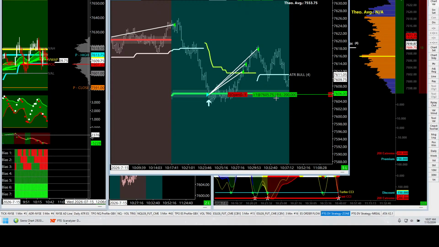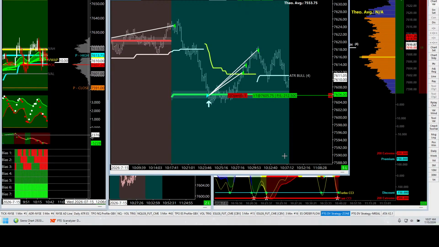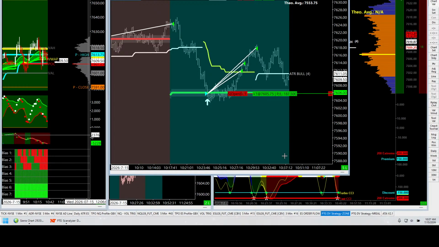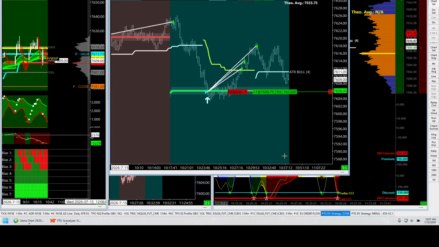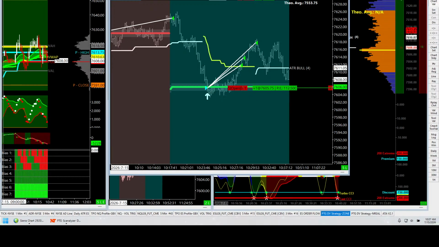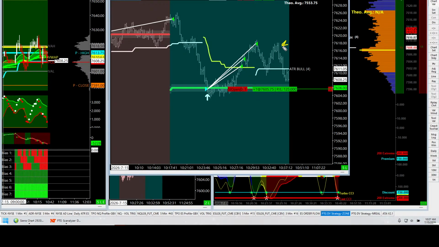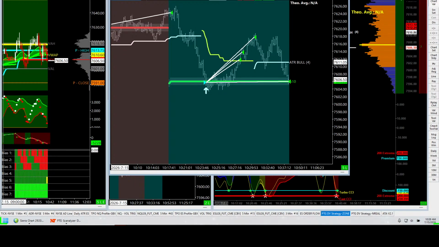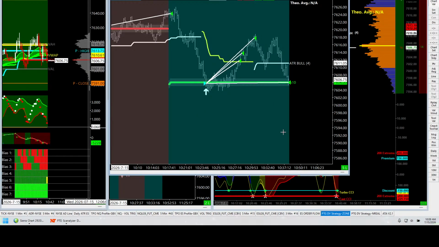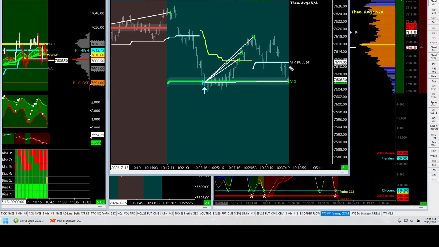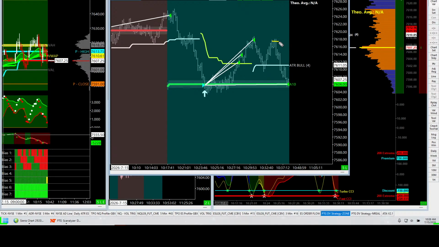All right, so I got the long sitting there. The last contract at break even. Like I mentioned, if it gets stopped out, no problem, no worries. If it can move in our favor again. Now, again, a lot of the question becomes, well, look, I could have made a sale here on that bounce and could have added some more take profit, right? And the answer is, sure, you certainly could have. But what happens if that move, right? If you take profit here and then the move started,